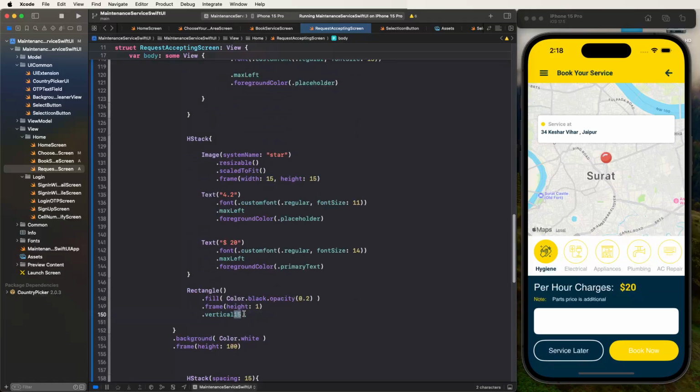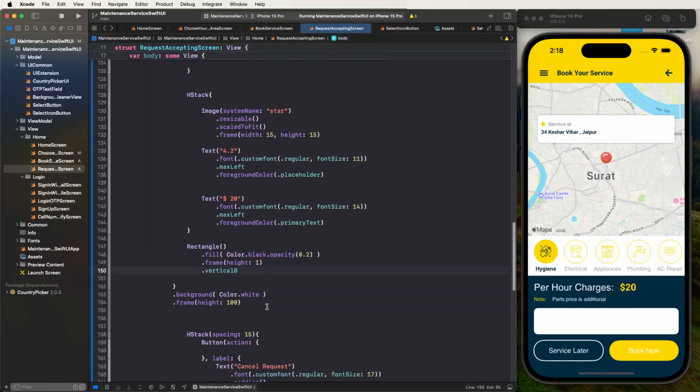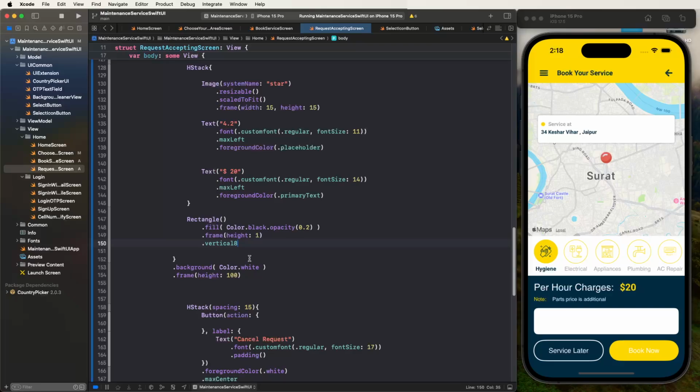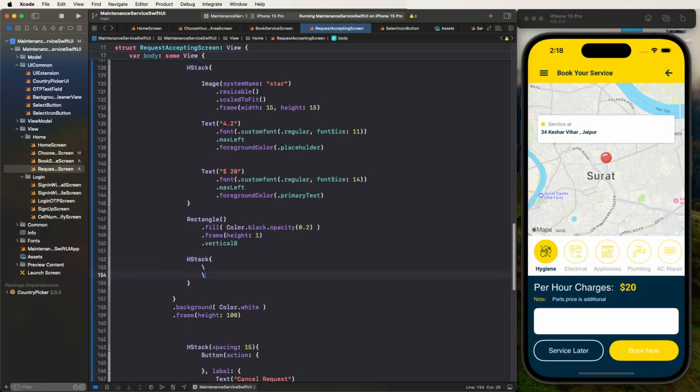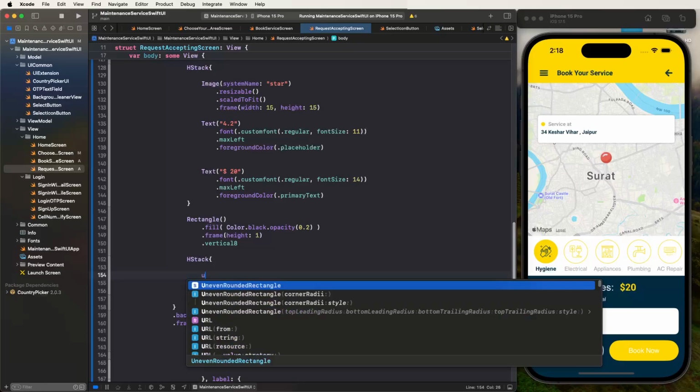This is good because we have already given the horizontal stack inside the padding. Now we need to develop the other buttons. So we need to draw the calling, share details, chats, and more buttons. First of all, we need to write down the horizontal stack, and we need to create the button